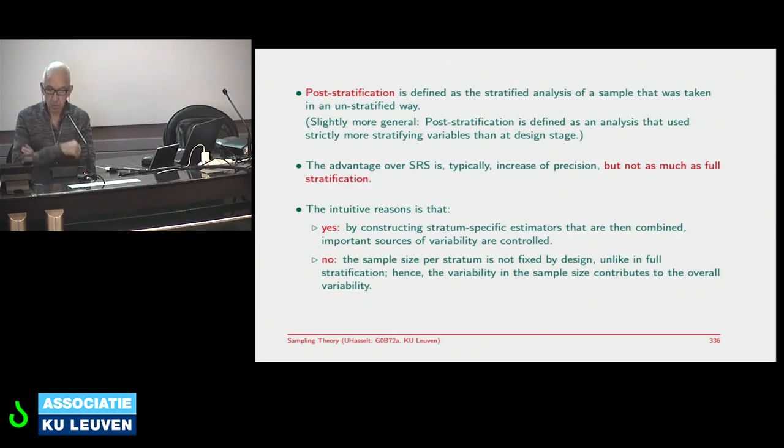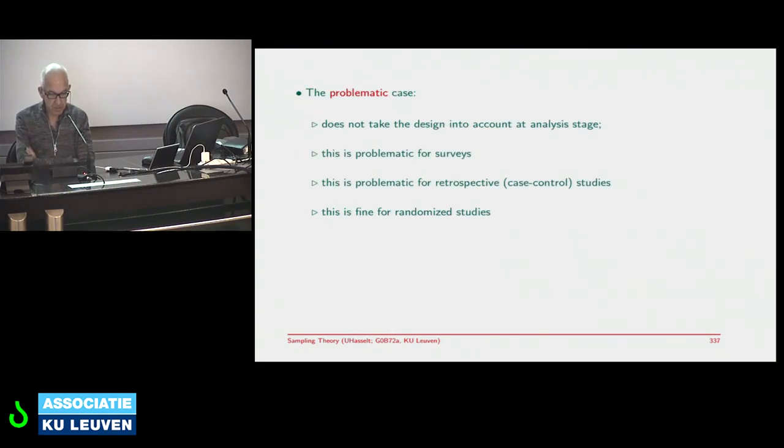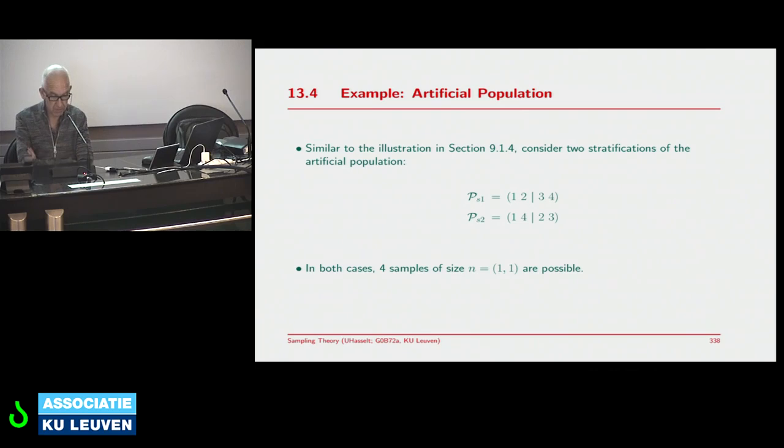All right, so having that in mind, the problematic case really, the one that you should avoid, is that you do stratify in the design stage, but you do not take that into account at the analysis stage. It's problematic for surveys, for retrospective case control epidemiological studies, it's problematic. The one place where it's slightly less problematic is in randomized clinical trials, as I've already indicated. Okay. With that said and done, let's go for an example, and let's take something very simple, now the artificial